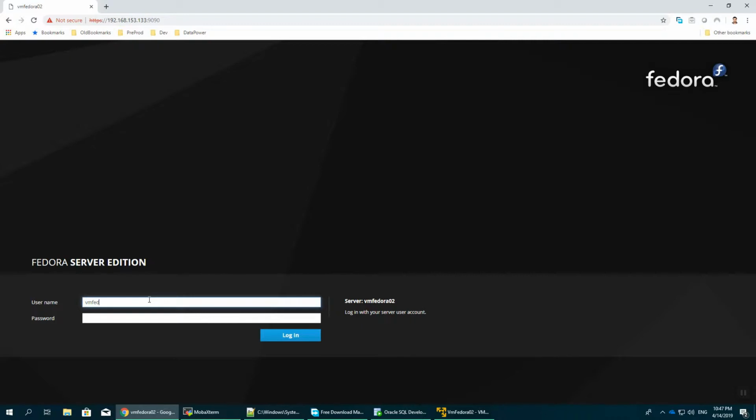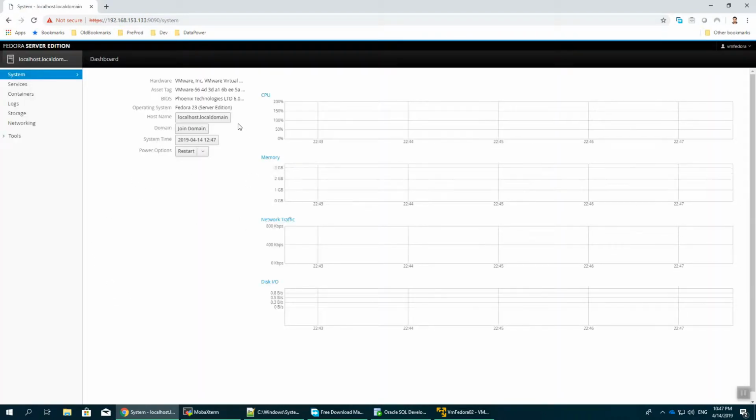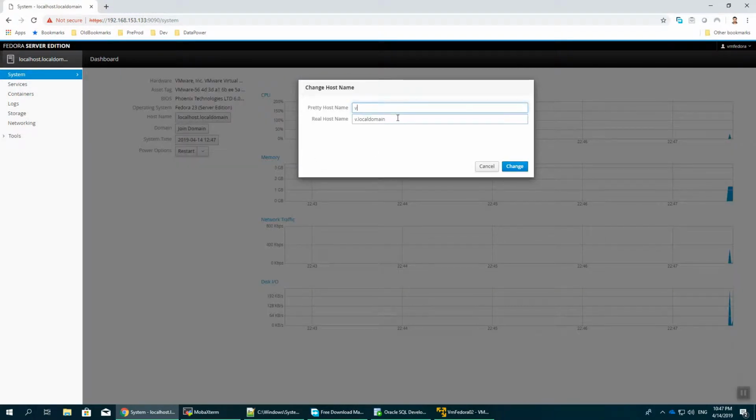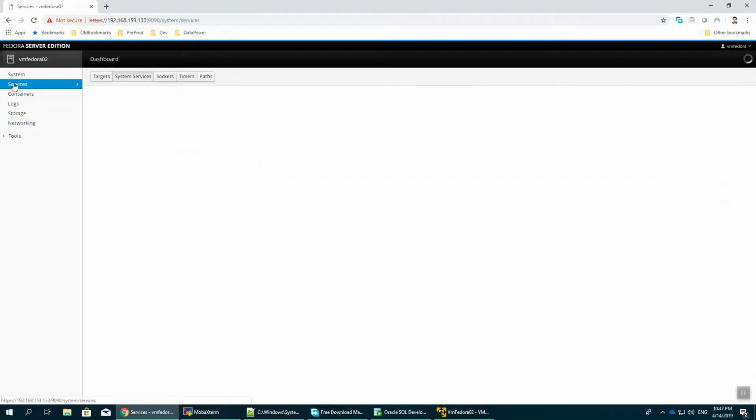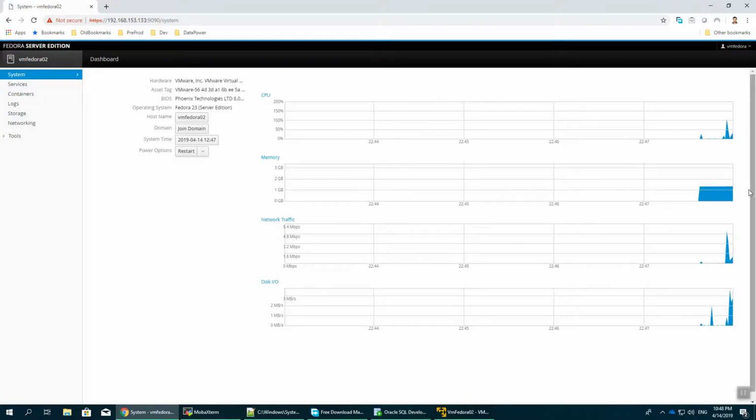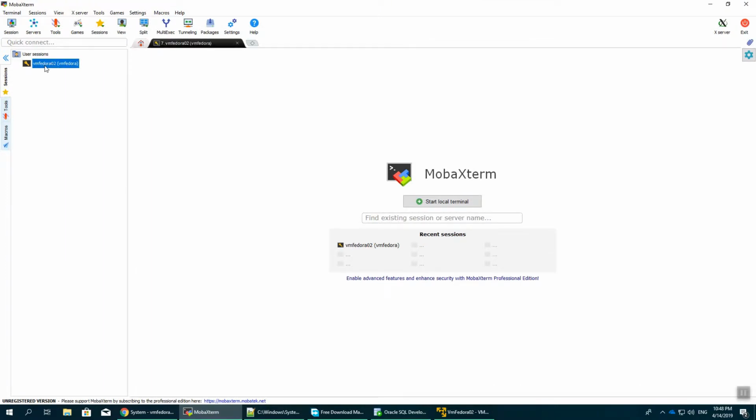You log in with your user and you will have a very nice console which is showing a lot of things. You can change your name here, fedora02, and you can see a lot of available statistics about your system. I would like to keep an eye on the RAM, but let's continue. Now log in using the console,